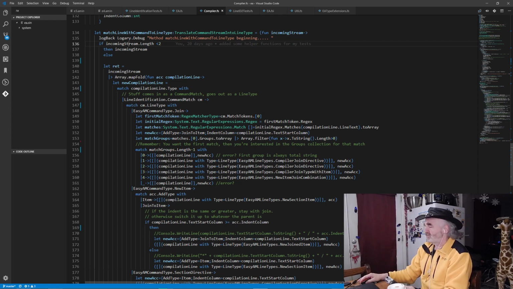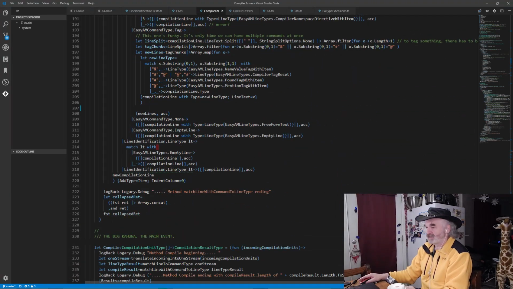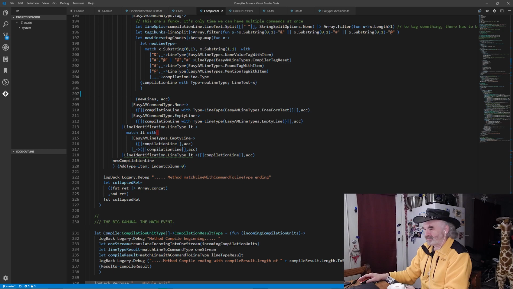Take my incoming stream and send it to an array map fold, which is pretty cool. I think this is a new one, like F# 4 or so. It's a map, it's a fold. It's amazing. It does everything. I immediately wanted a map iFold, but that's stupid. And then the fold there at the bottom,